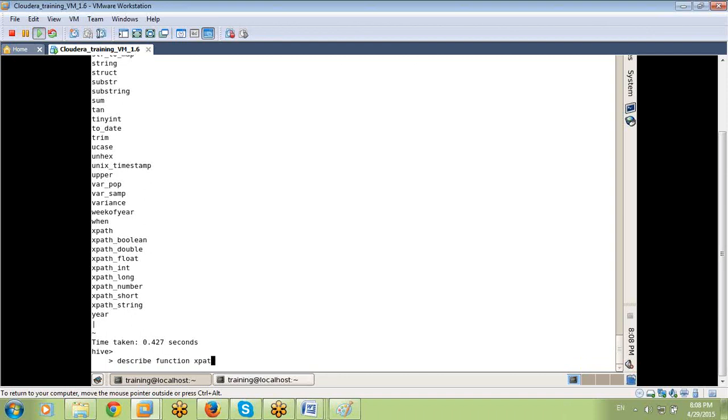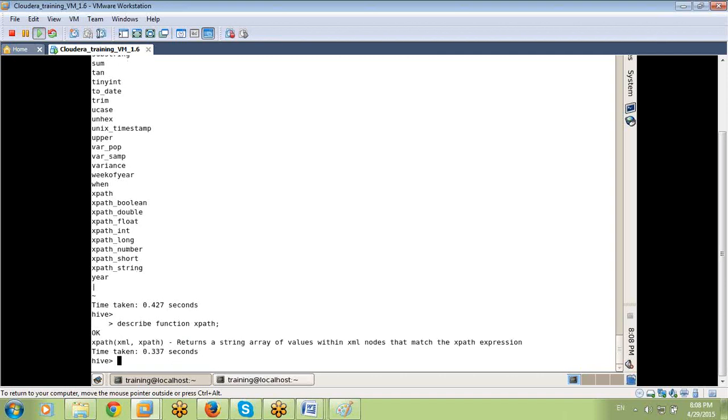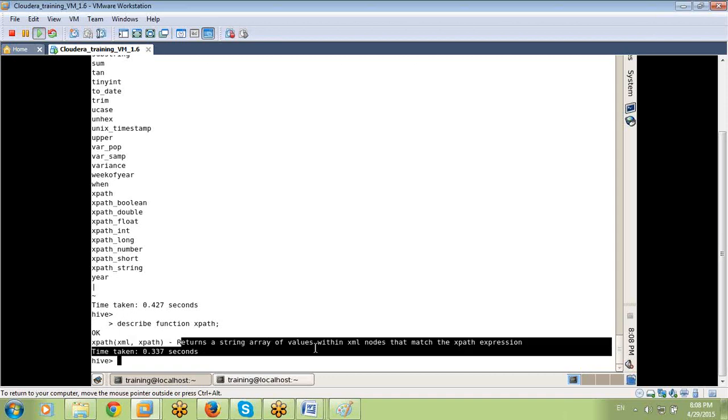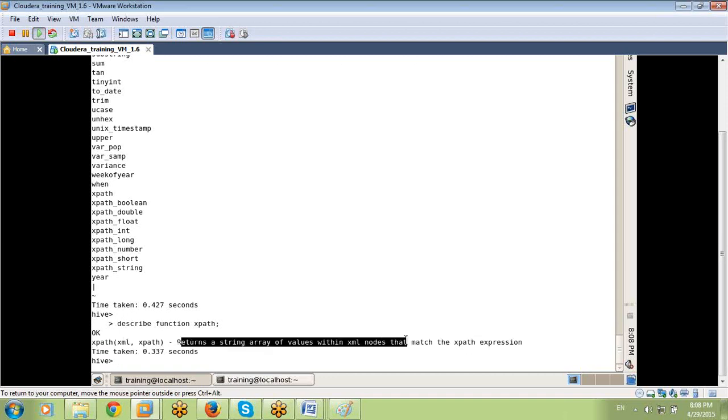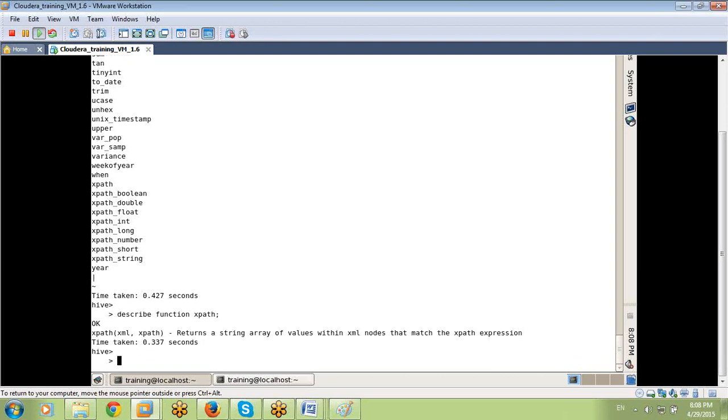Function name XPath. Enter. Simply XPath, XML, XPath returns a string array of values within XML nodes that match the XPath expression. That means the paths we mention. Similarly, today we described a function like substring.